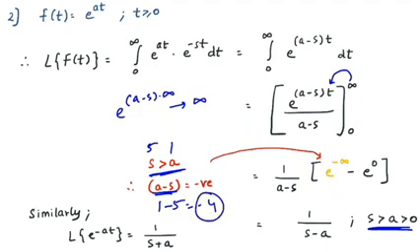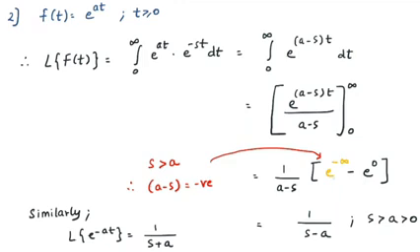So if the answer is negative, then this bracket is completely negative, right? So e raised to negative into infinity. In the previous question we saw that it was equal to 0. So this is the reason, if you want a finite answer, your value of s should be greater than a. If it is less than a, then the answer would be infinity. Your system might be unstable. But if s is greater than a, then you can happily say that my answer is not infinity, but it is e raised to minus infinity, which is 0.